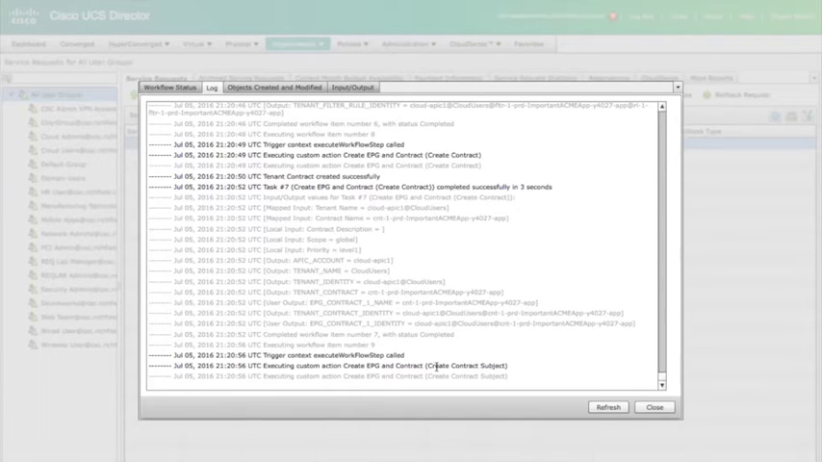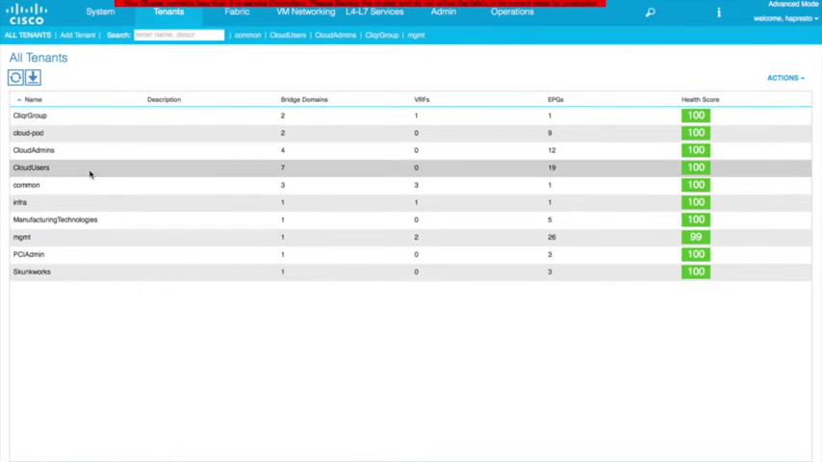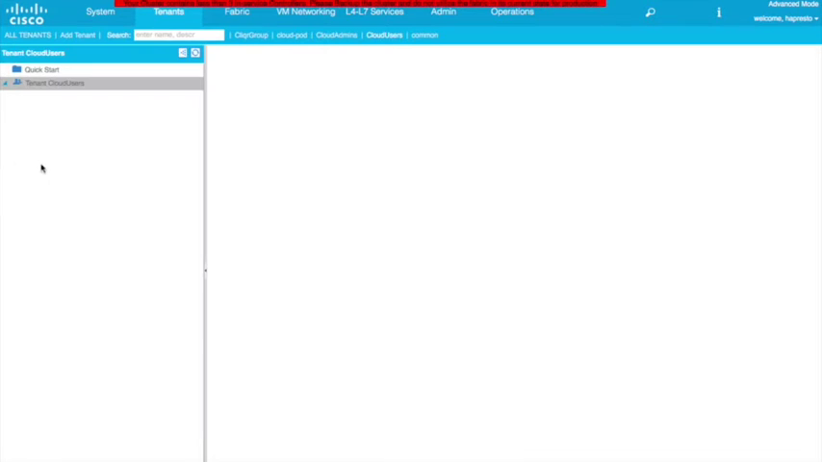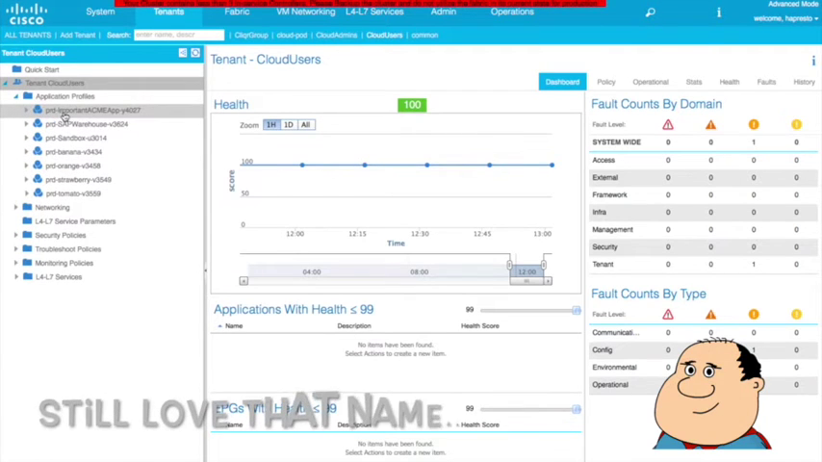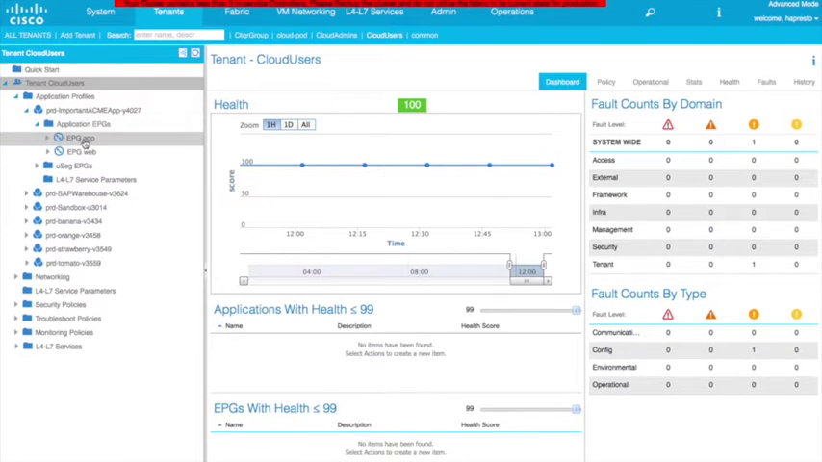Let's take a look within the APIC itself to check the status and what's going on. This project was ordered for the Cloud Users group, so we'll look at Cloud Users. And here we have our important Acme app project that's been ordered by our user. If we expand this out, we can check the status, and we can see that 2 of the EPGs have already been created. If we look at one of these EPGs,